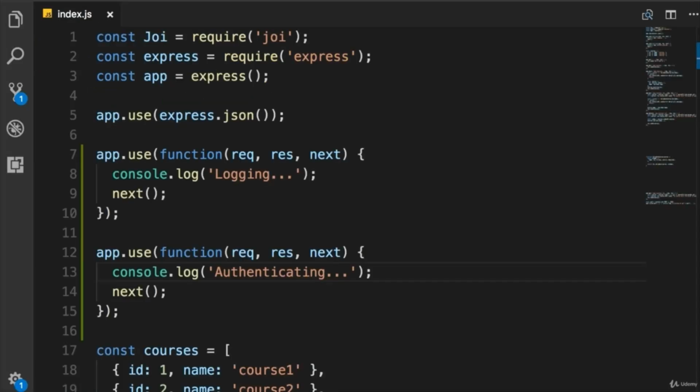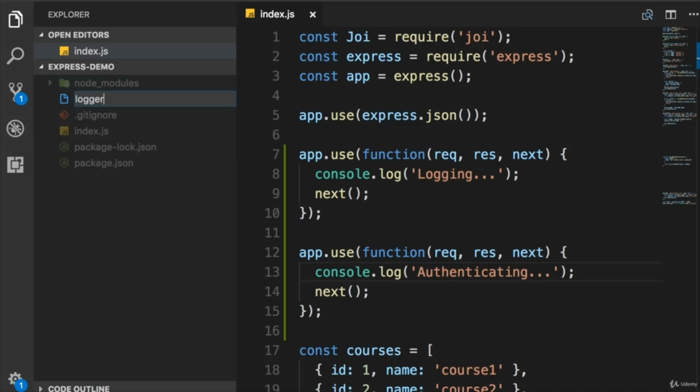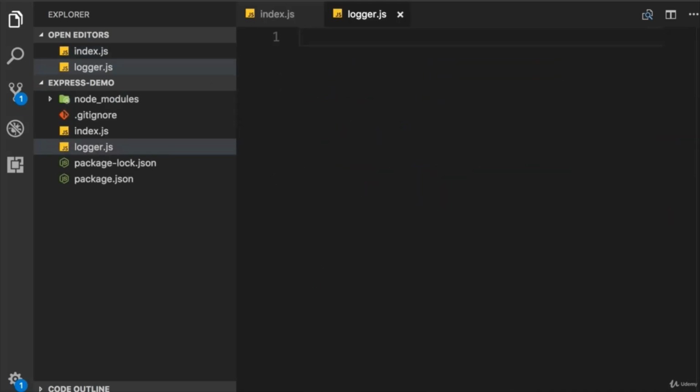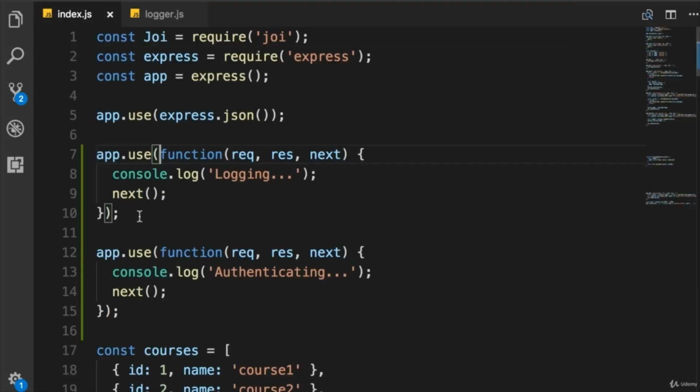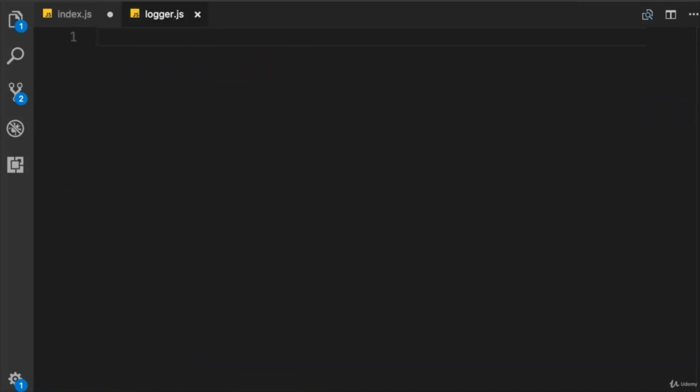Now, in terms of clean coding, when you want to create a custom middleware function, you don't want to write all that code inside the index.js file or index module. You should put each middleware function in a separate file or a separate module. So back here, let's create a new file called logger.js. Now, back in index.js, let's grab this middleware function here, cut it, and back in logger.js, we paste that